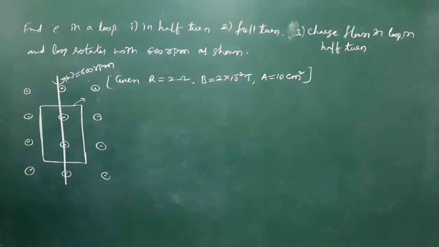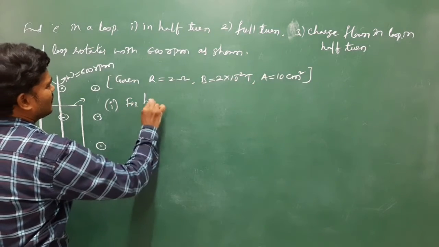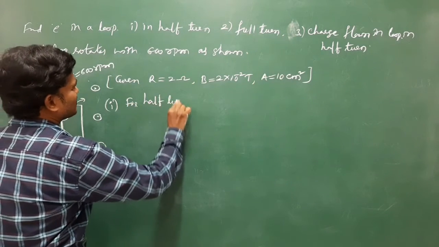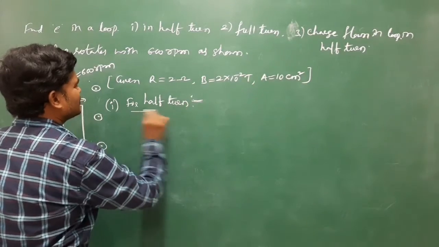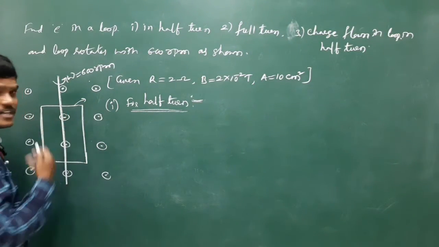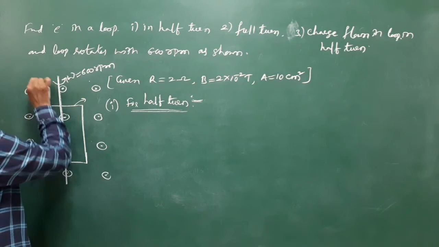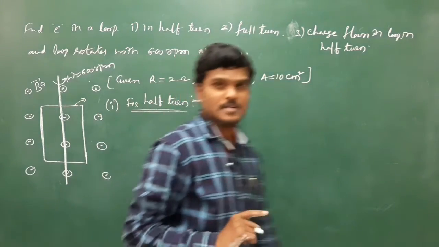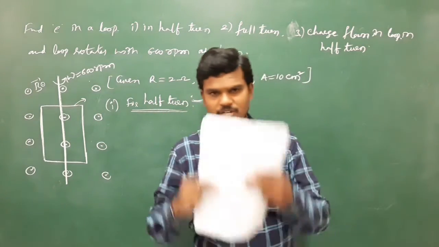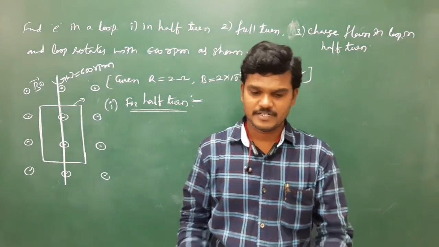See, let me find the first one, for half turn. Initially the plane of the coil is perpendicular to the magnetic field. The magnetic field is outward, towards you. Initially the plane of the coil is towards you like this. Okay. Half turn means, see,